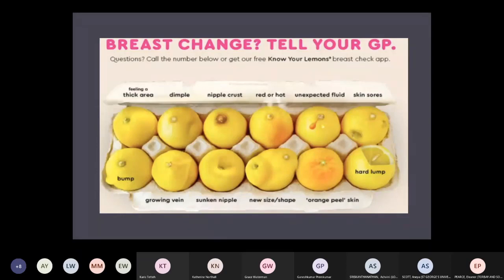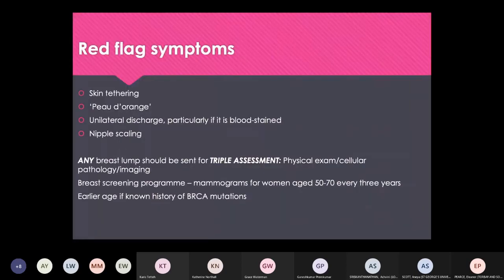It sounds really odd until you see it, but literally where the breast skin is becoming tense because there's tumour in there, you can see all the pores standing out, and it's got this orangey appearance. So particularly concerning symptoms are tethering of the skin, because that's a sign that there might be a tumour pulling in other surrounding structures. Peau d'orange, unilateral discharge, particularly if it's blood-stained, and scaling that can suggest Paget's disease are particularly concerning